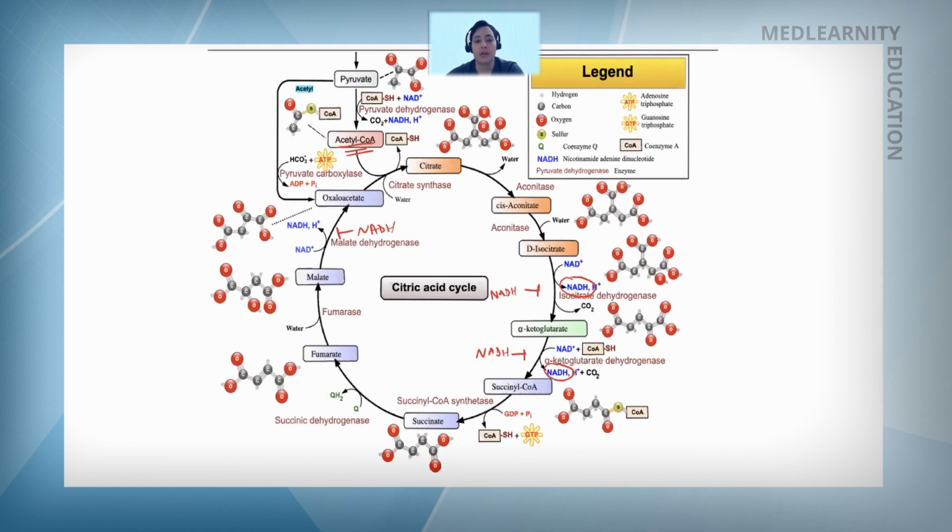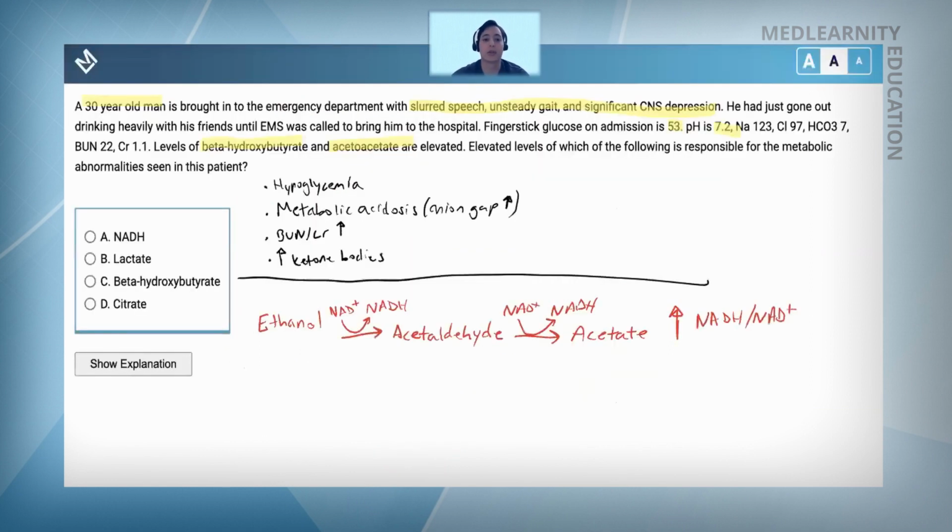One thing to talk about is actually the production of ketone bodies. So ketone bodies are produced from acetyl-CoA. So let me write this all down. Ketone body synthesis starts with acetyl-CoA, which produces acetoacetyl-CoA and a whole bunch of other intermediates that end up producing beta-hydroxybutyrate, acetone, and acetoacetate, as mentioned here. So those will be elevated.